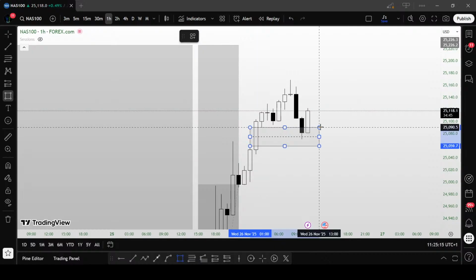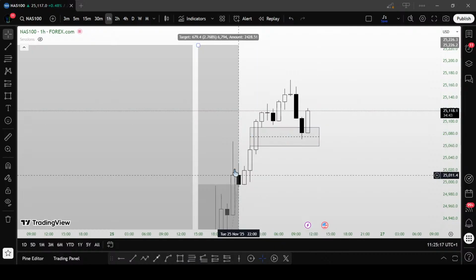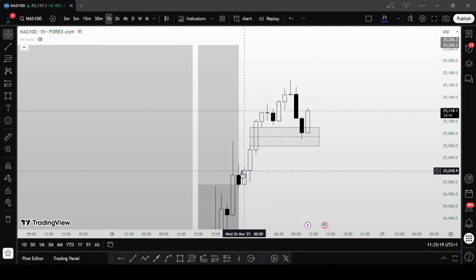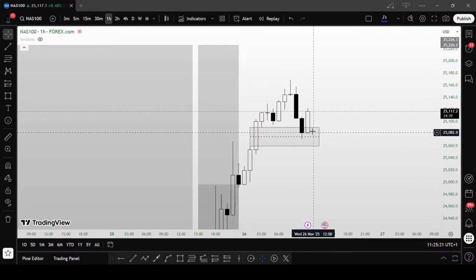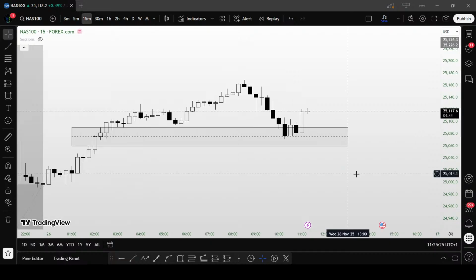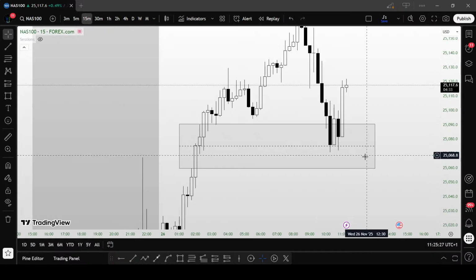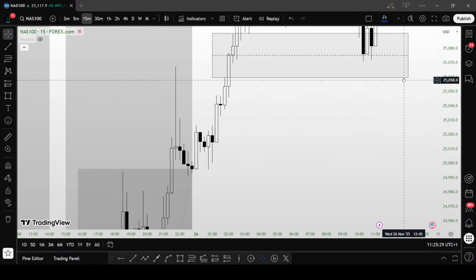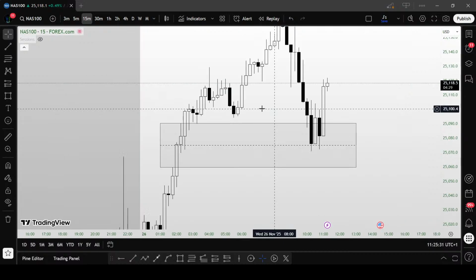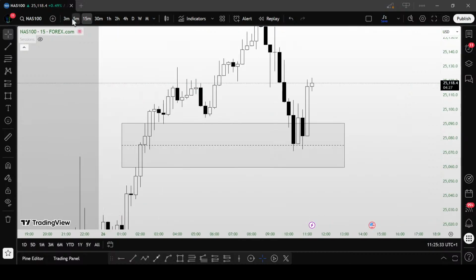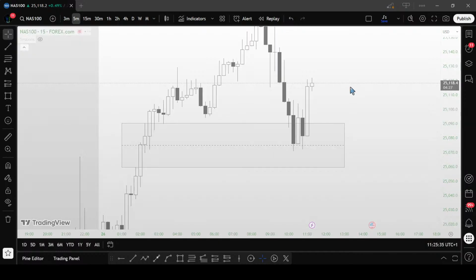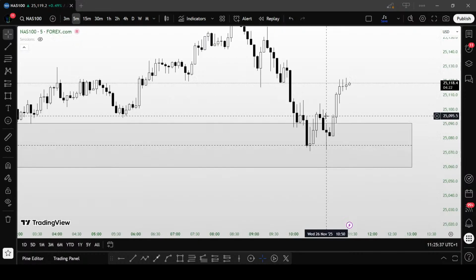So this here is a little bit of a fair value gap. Okay, we see that we have a break of structure here, so this is the breakaway gap. It's working out nicely so far so good. Go down to the 15-minute time frame. What do we have there? Nothing much actually. We are going to the upside. 5 minutes. What do we have on 5 minutes? If I don't have anything there, I'm just going to skip.